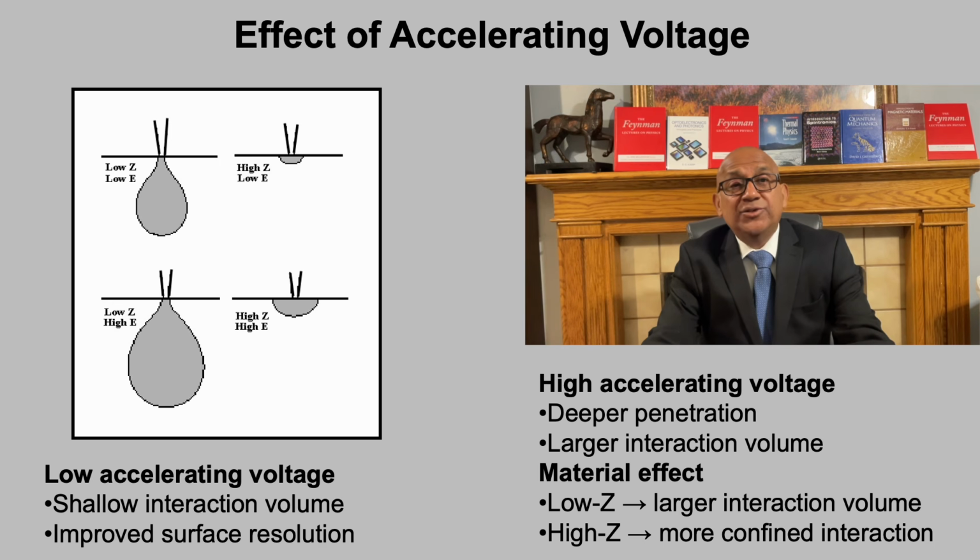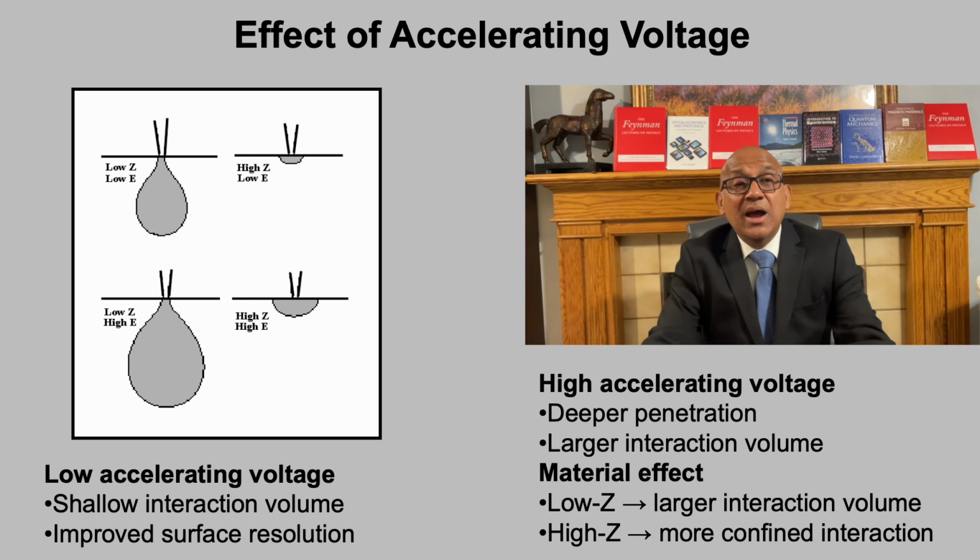This figure illustrates how the interaction volume changes with both accelerating voltage and atomic number. Let us start with the left side, which shows a low Z material. At low beam energy, the interaction volume is relatively shallow, but it still spreads laterally because low Z atoms scatter electrons weakly. When the beam energy is increased, electrons penetrate much deeper, producing a large interaction volume and reducing spatial